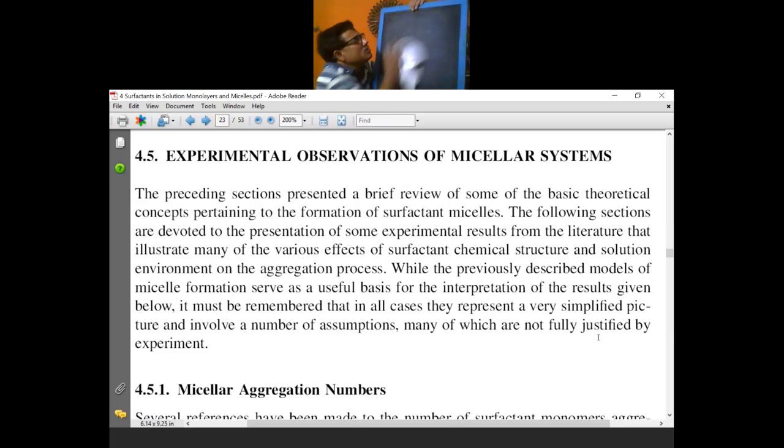And what is the equation? Equation is basically, if the fluorescence intensity of the probe in absence of quencher is F0 and in presence of quencher it is F, then that is equal to — কার উপরে ডিপেন্ড করবে? That will depend on the concentration of quencher by concentration of micelle.